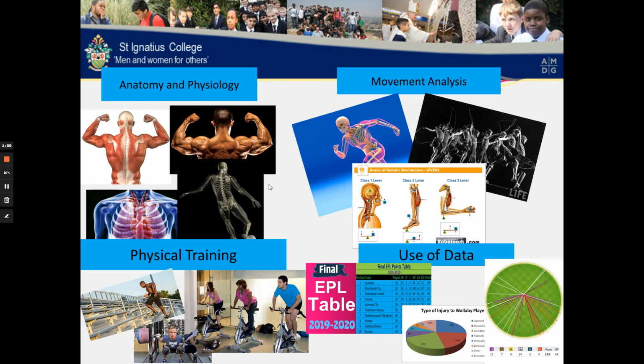So paper 1 has 4 areas. It has anatomy and physiology, so that's how the muscles, the bones, the muscle and skeletal system and the cardiorespiratory system, how they combine to produce movement and performance. Movement analysis looks at how the muscles combine with the skeletal system to pull on bones and perform movements, and how lever systems work. That's a very early introduction, a very basic introduction to biomechanics, the physics, if you like,